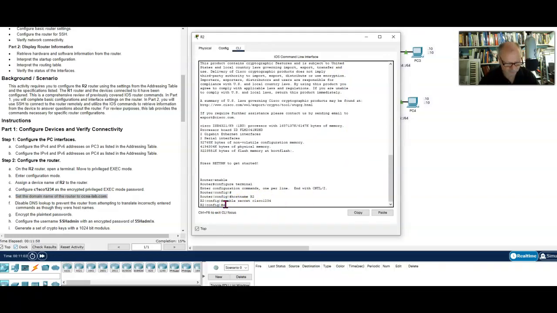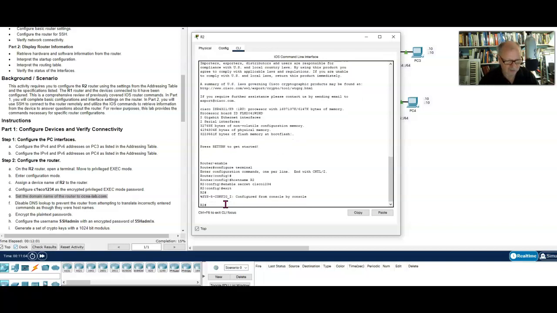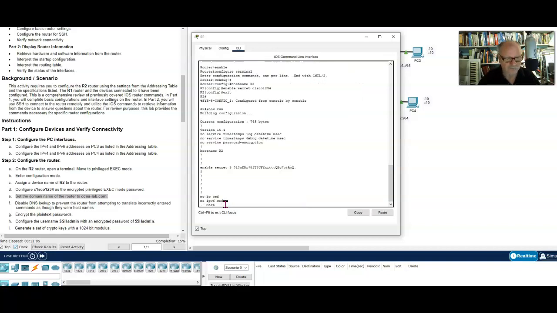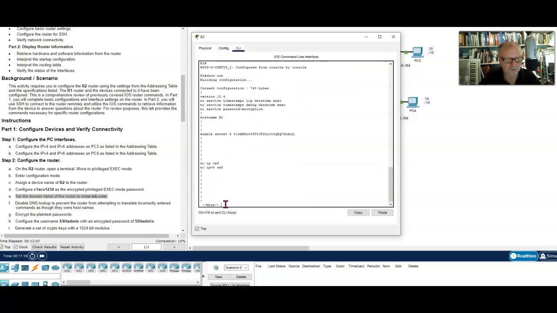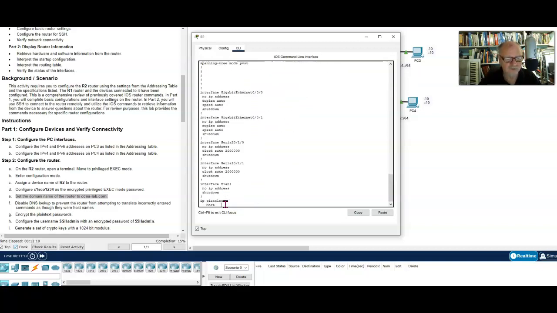I'm going to exit from this mode and then perform a show run. Let's enter, scroll down through here is the interfaces, and then down here you see three sections. Line con 0, so these are all the settings on the console port. Line aux 0, these are all settings on the auxiliary port. And then line VTY. Well, VTY lines are just the regular ports on that router or switch.